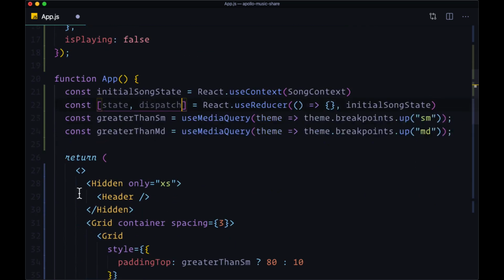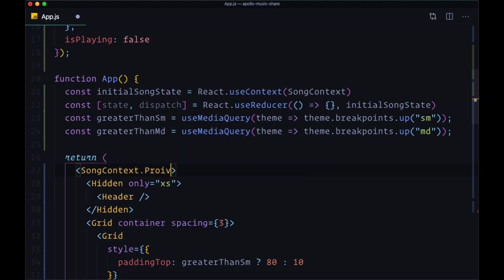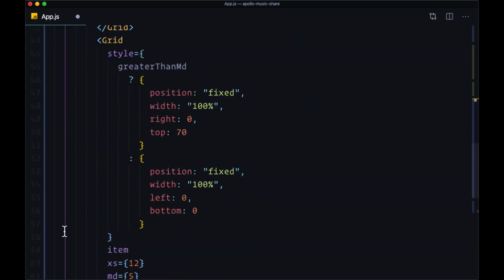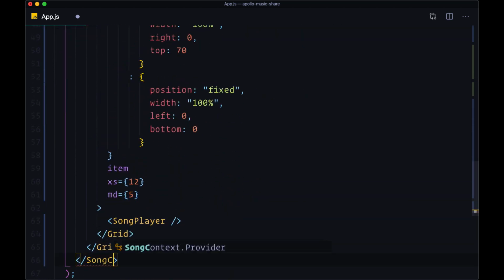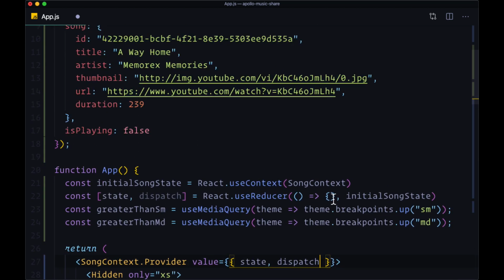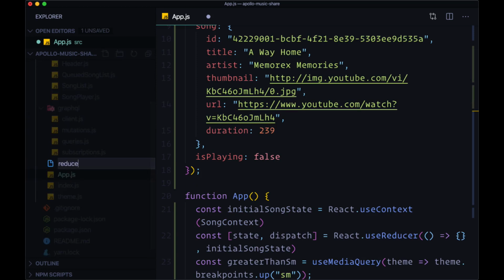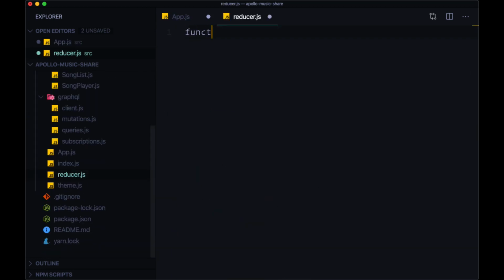And we want to pass those to our entire component tree. So we're going to add our song context provider in place of our fragments, and provide to the value prop an object containing state and dispatch. So let's create our reducer here, our song reducer. Let's make a dedicated reducer file, and we're going to call this song reducer. We'll make sure to export it